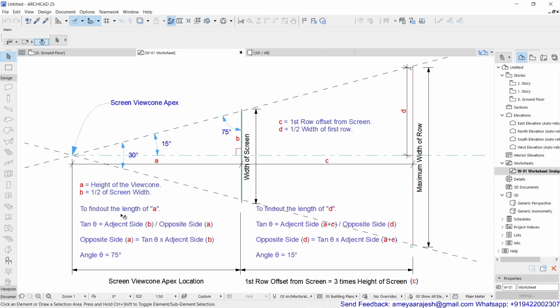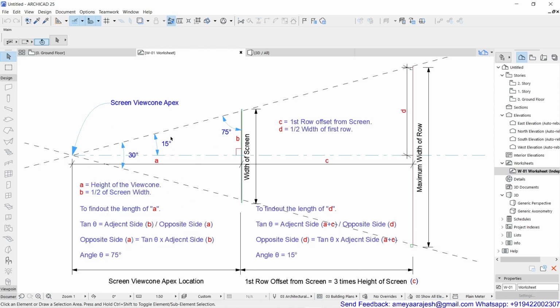To find the length of A, the equation will be tan theta, a trigonometry rule again. So tan theta equals the adjacent side, B, divided by the opposite side, A. Because I am not aware of A, I will put it on the left-hand side. So A equals tan theta times the adjacent side, where angle theta is 75 degrees in my current case.